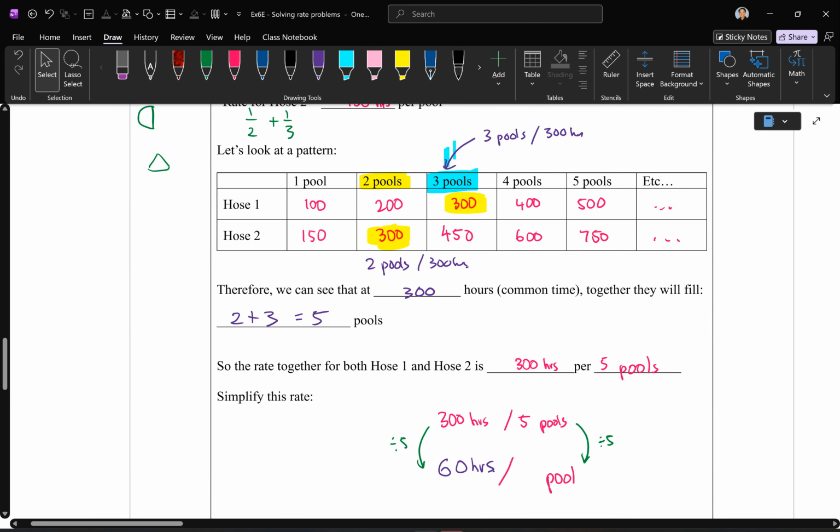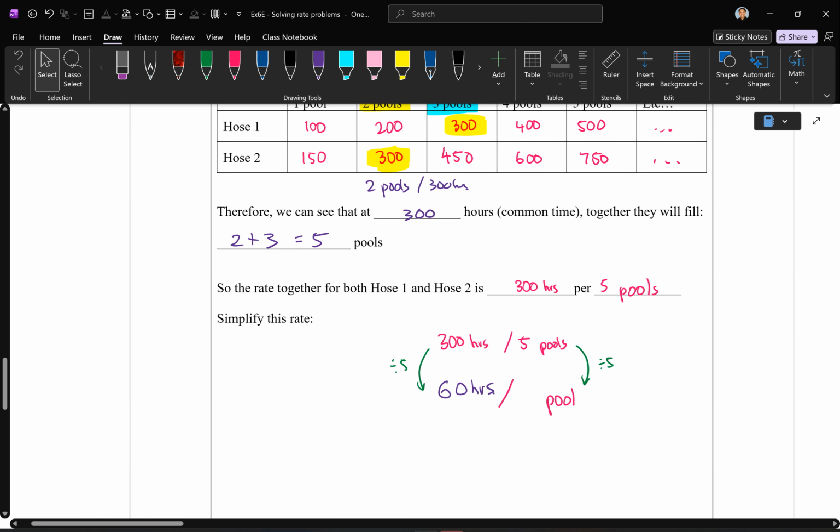Now, this is me guiding you through the logic of why it works. Mathematically,